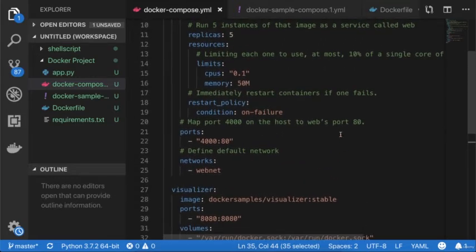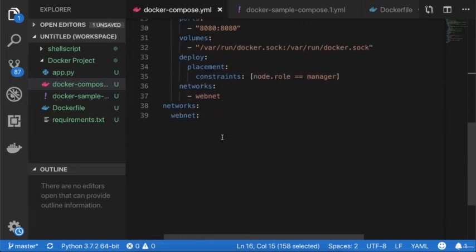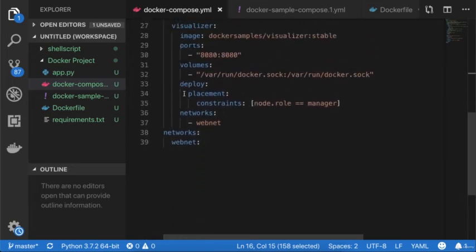So if I put any constraint over here, you can put it before the resources and after the resources. In the last lecture, we have seen how we can define the resources, and this is the new thing we are seeing today, the placements. So you can define the position of the service as well, where this particular service should be executed.